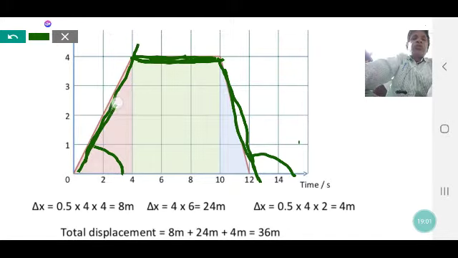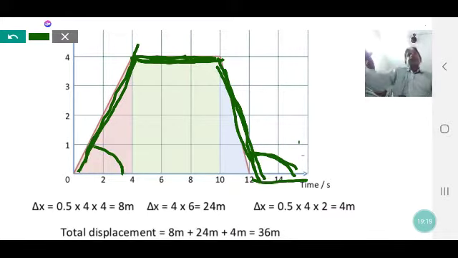With an acute angle, the velocity increases with time. It is the positive acceleration. And if the angle, that is the slope, is obtuse, the velocity decreases with respect to time. Now how can we calculate the distance covered between the time interval 0 to 12 seconds?